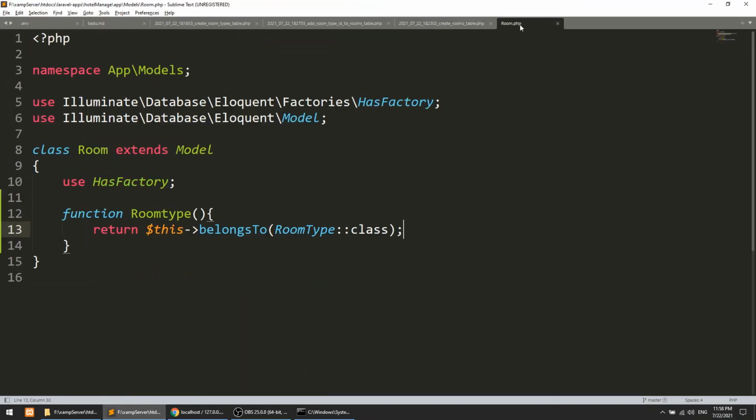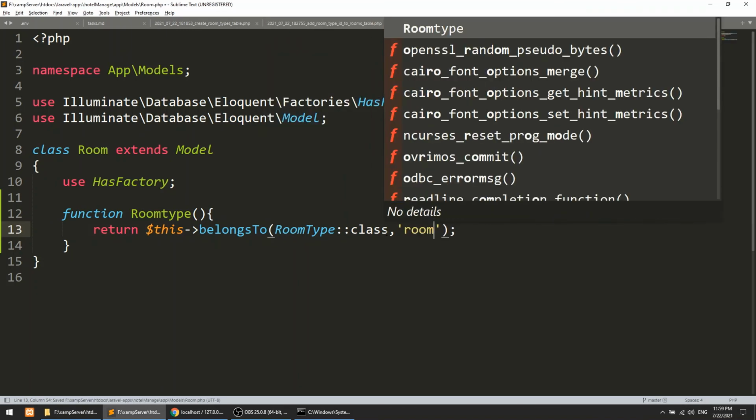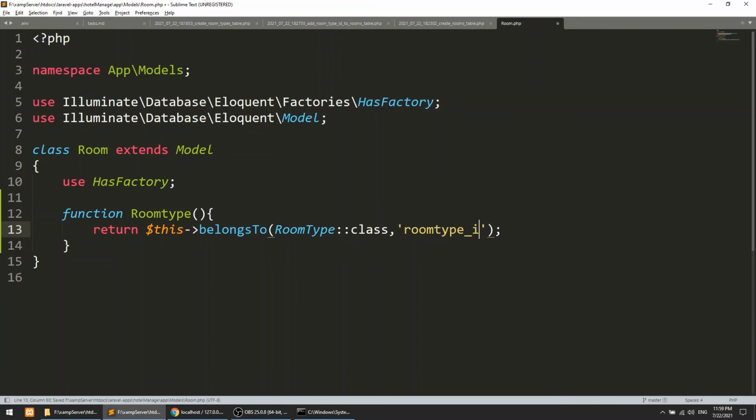We were in the Room.php model file. Here we can define the room type relationship, and we will add the foreign key room type ID. If your foreign key is the table name followed by an underscore and ID, it will automatically assume that.